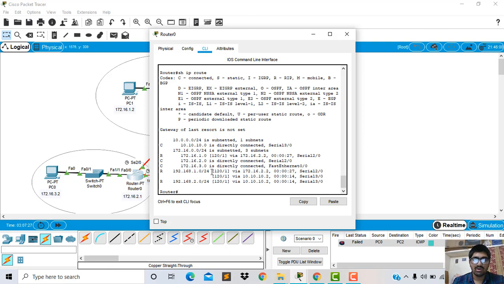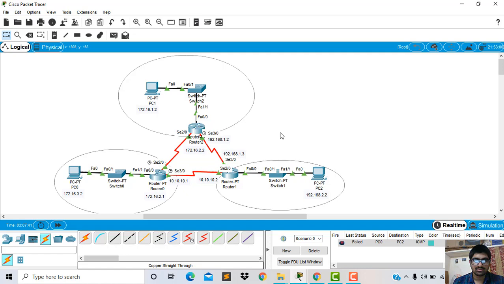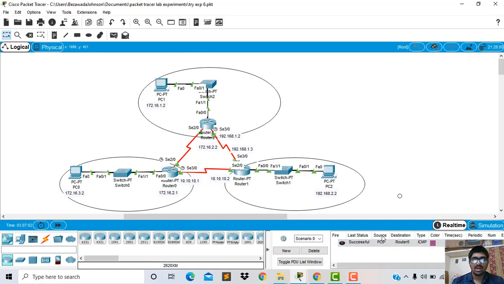When we see 120/1 here, this is the administrative distance. If the value is lower, that is the best path for the dynamic route to send the packet from the different LANs. And now we will check if the information is gathering from LAN 1, LAN 2 and LAN 3.